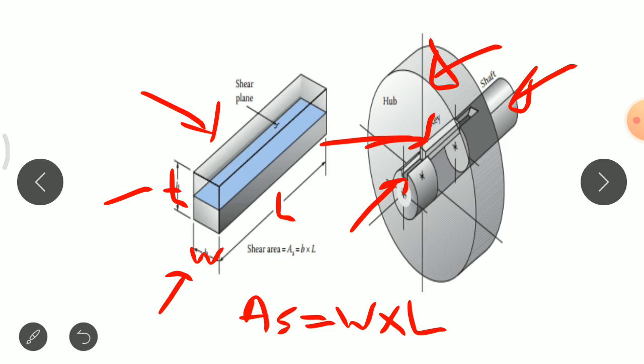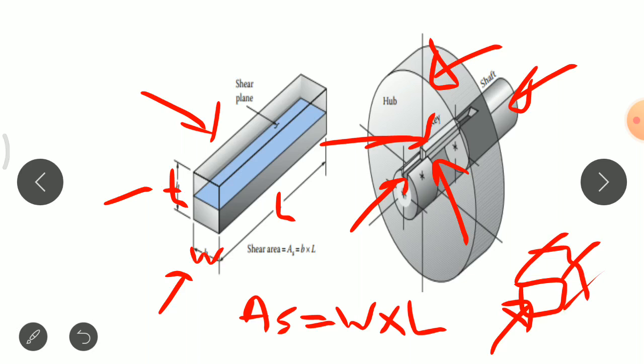And we know the applications or the use of a key. In this way, when we insert the key, it undergoes two different stresses. First, while tightening the key over the shaft, due to the taper section, compressive stresses are induced. When we insert that key in the shaft and push from this side, compressive stresses are developed inside the key, and